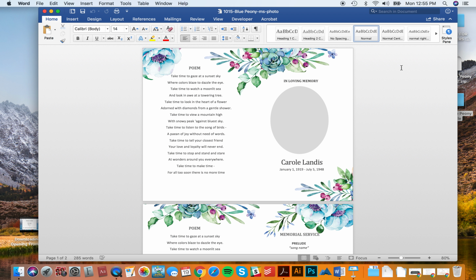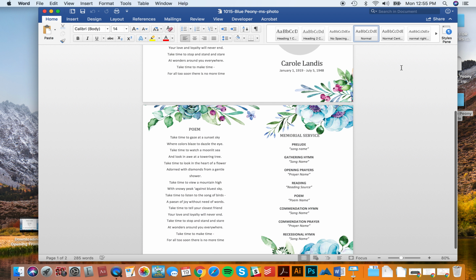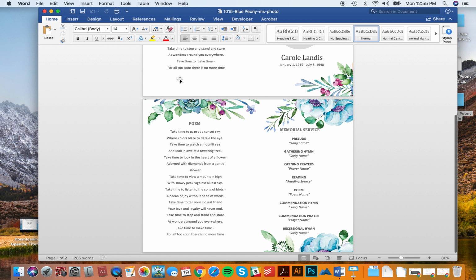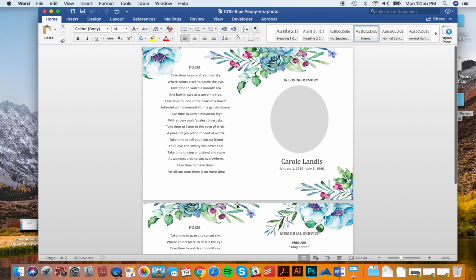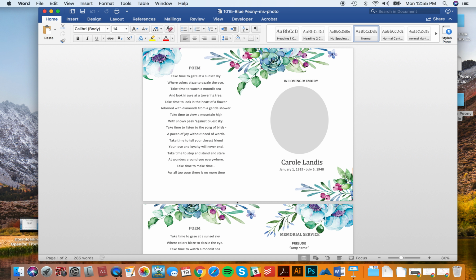So you're opening this document, and this is basically it. Now this is going to be a two-sided, so this is the front, back, and then the two inside pages, and so this will print double-sided ideally, and will be your bifold template. So